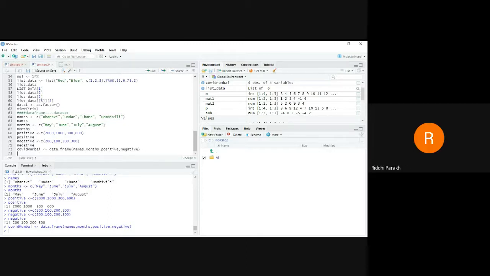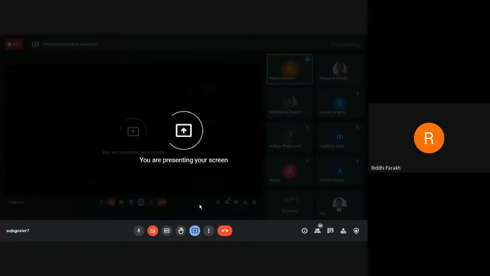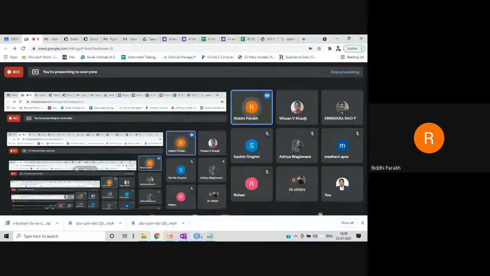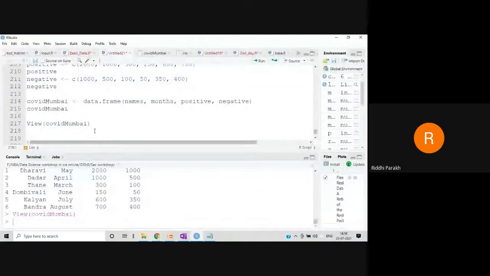Now if in your data set you have given April, May, March, and when I'm printing it I want it in March, April, May, how will I do that? Like how will I sort it from the 3rd to 5th month? You are asking for one particular city for different months, right? No, sir, like in ascending order, how will you present it? Because it's May, April, March, and I want to present it in March order. Wait, we are coming to that. We will be doing all the operations.